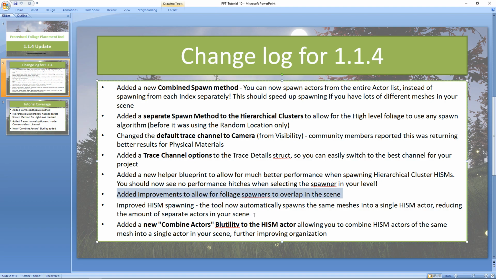I have also made some nice improvements to the way I'm spawning hierarchical instance static meshes. Before, every single time you would press the little spawn button, it would create a new actor that would house all of the instances per spawn. Now instead, I'm reducing that, and I'm automatically detecting what has been spawned, and all of the same types of trees are going to be using just a single HISM actor. That basically reduces the amount of actors and entities in your outliner significantly if you have a lot of different trees that you spawn. So just a nice quality of life